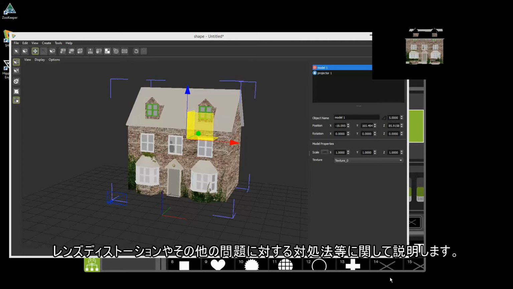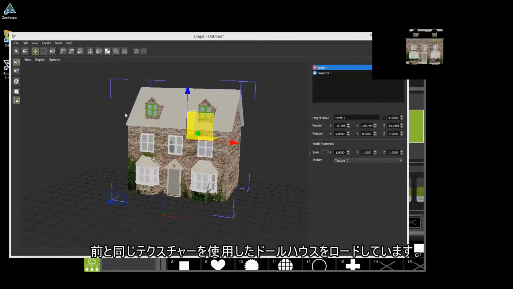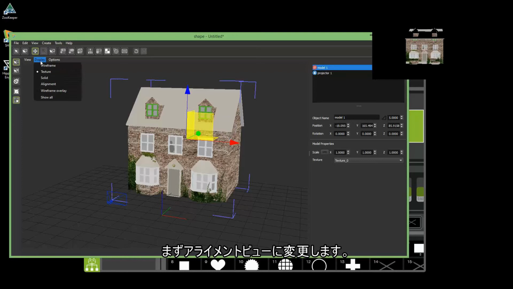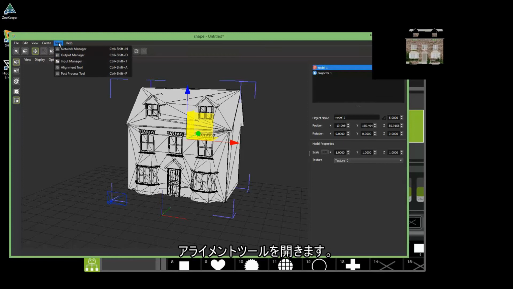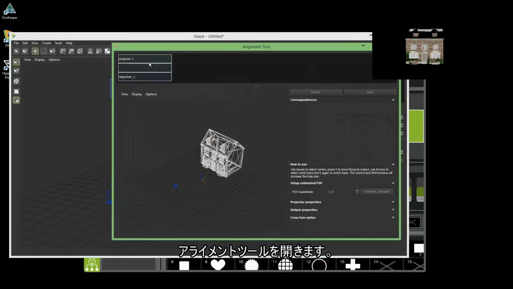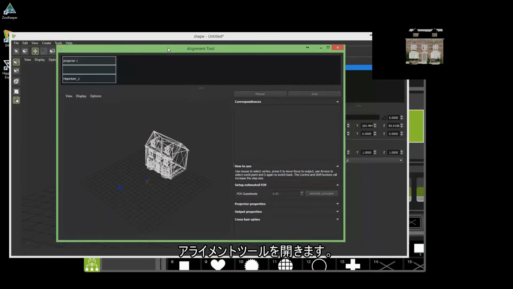So I've loaded the scene from the previous video, so we've got our doll's house with the texture on it. So let's just quickly go back and change the view to alignment view, and then go straight into the alignment tool. Now in the alignment tool,